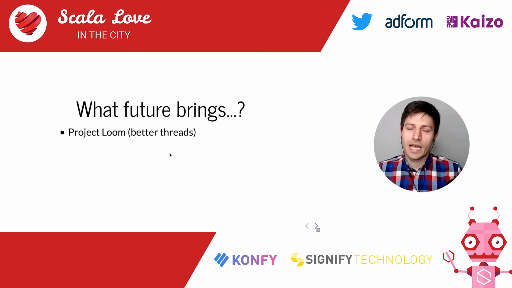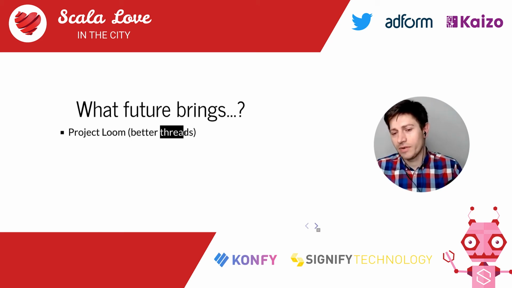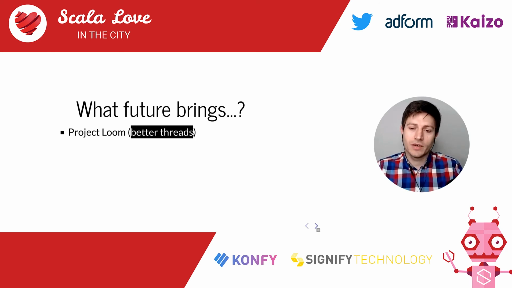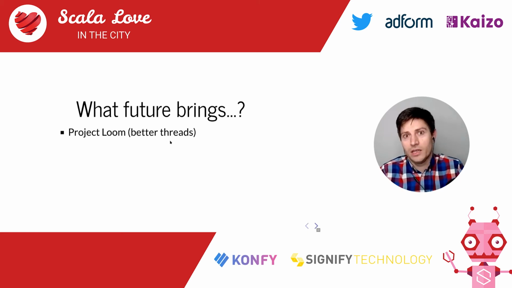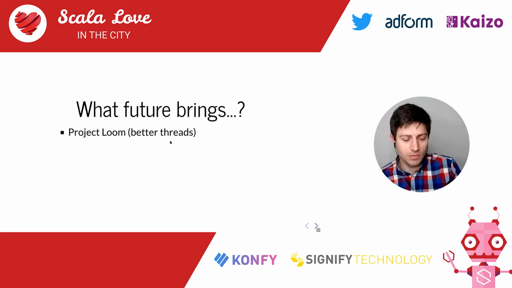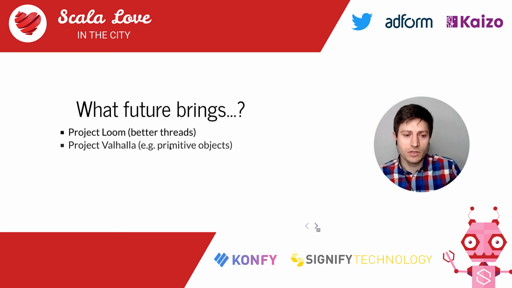So we are going to have Project Loom. And the names change; sometimes they're called threads, sometimes fibers, and so on. So I just call them better threads. We're going to have threads which are not going to be bound one-to-one with OS threads. Therefore, they're going to be much lighter. And instead of having thousands of them, we'll be able to have millions of them, because why not? And we'll be able to take the approach of, for example, one thread per request, or threads so lightweight that they could be single-use threads. No need to reuse them.